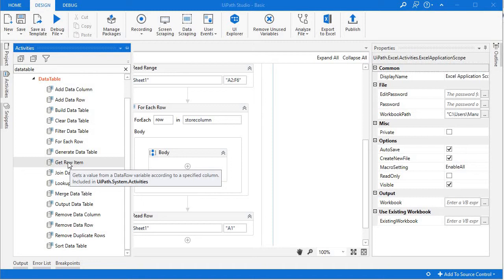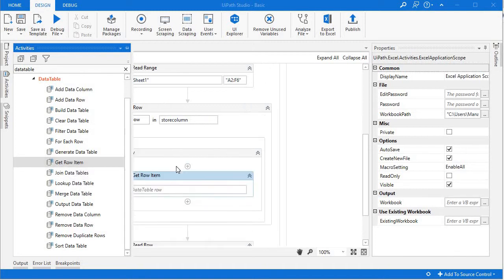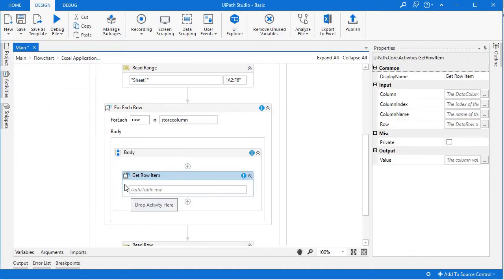with the help of the getRowItem activity, we can separately display a specific column value from a column name. So let's see getRowItem.